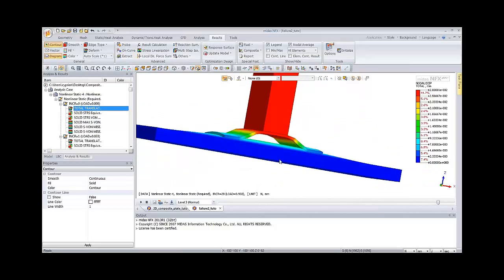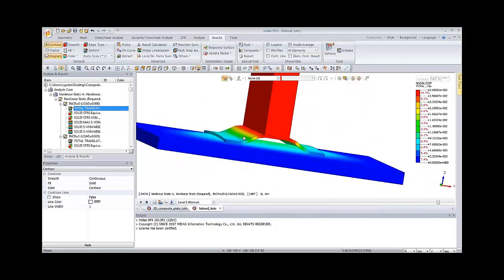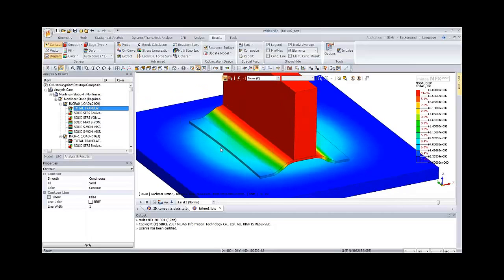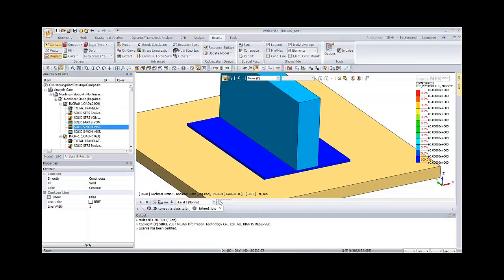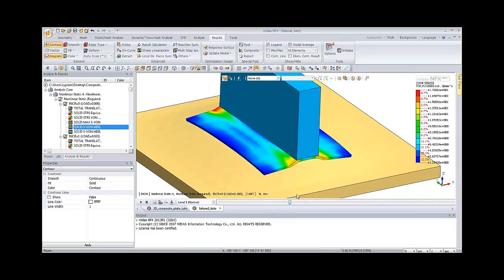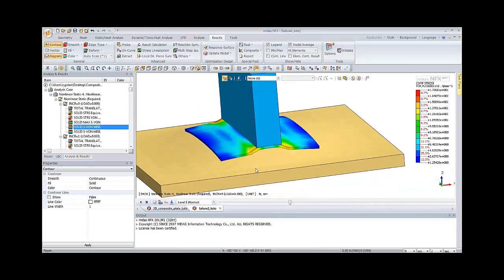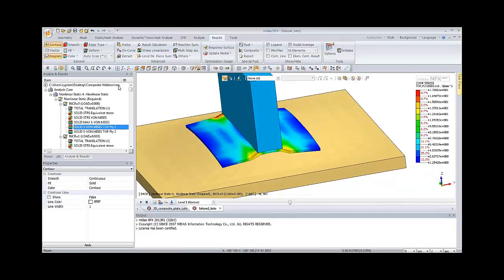And this plate is made in composite material, so I can check the result for composite as well. And this is the Fermi stress for ply one. So it gives you something like that. Of course, I increased the deformation a lot.